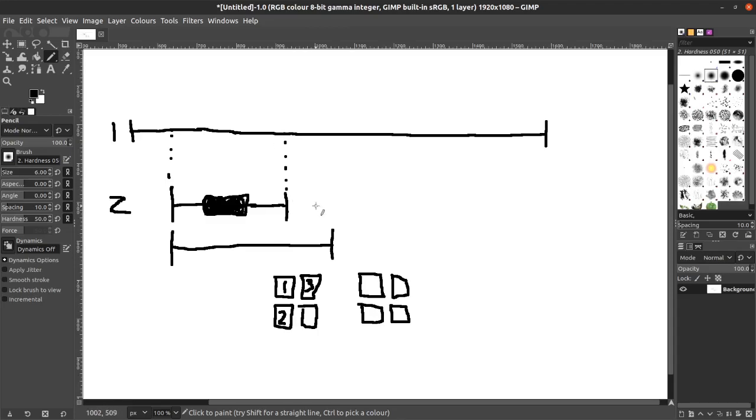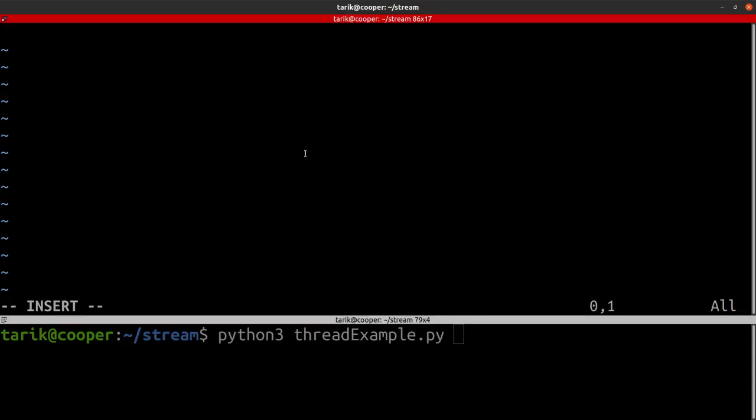Okay, so the actual code. Now, in order to use threads, there's, unsurprisingly, a module for that: import threading. When you do threading in the simplest way, you can make it all sorts of complicated, but simplest, let's say